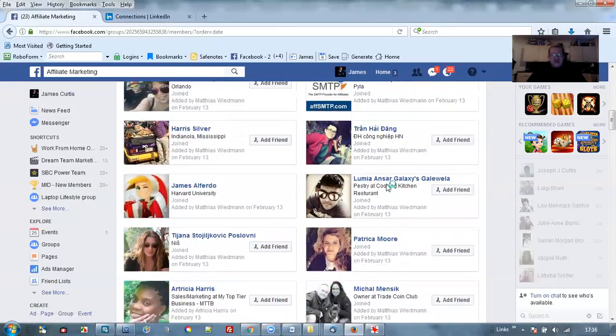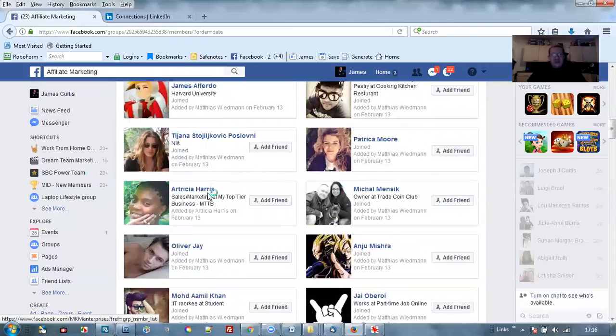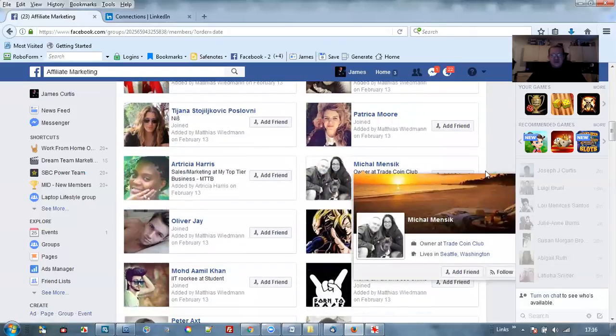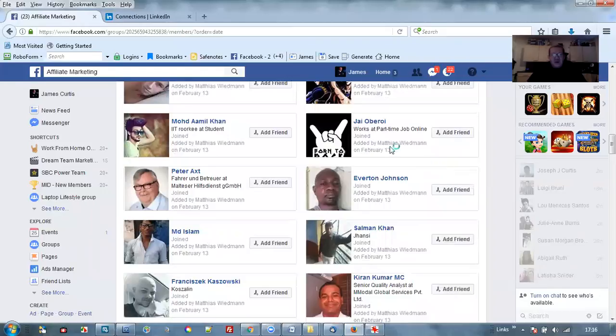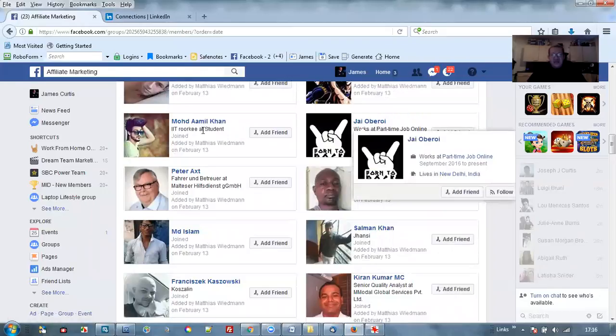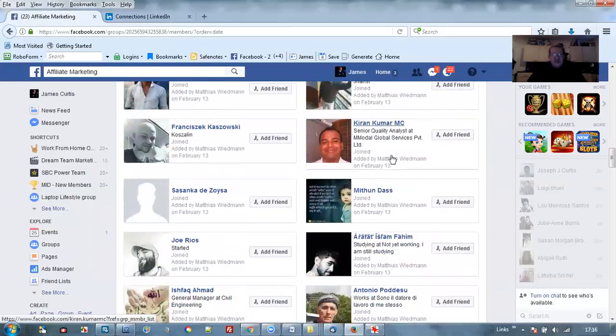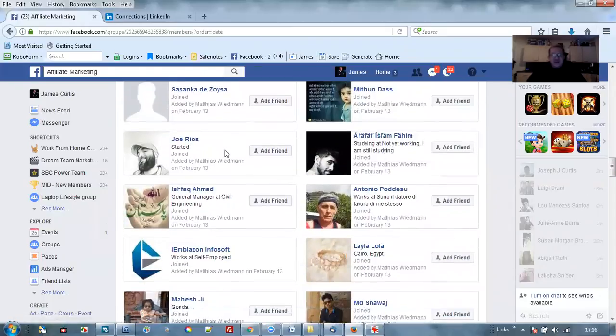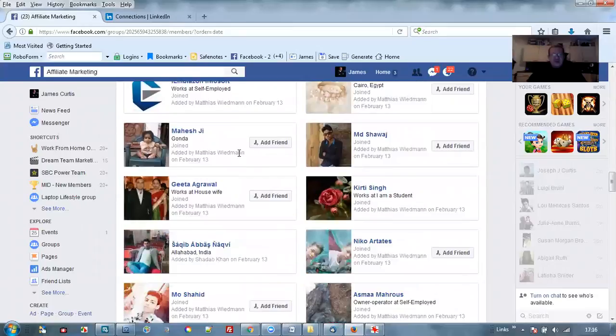And like I said before, I'm also looking at what they're doing. Now this one here, look. Sales marketing. If I scroll down a little bit more, I don't worry about missing people either. If I'm scrolling down a little bit too far, that's a good thing. I'm less likely to fall on the same amount of people that other people are doing. So I have no problem just scrolling down,